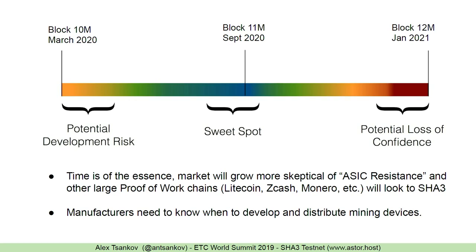I believe that the best chance for Ethereum Classic is to adopt this by block 11 million. And the reason why is that if we take too much time and we keep discussing this, there's a real risk that other proof of work chains will adopt this before we do, and we will lose the ability to become the apex sort of algorithm on SHA3. We'll have to be another minority chain, which is, in my opinion, the worst potential outcome. So September 2020, block 11 million is what my vote is for.